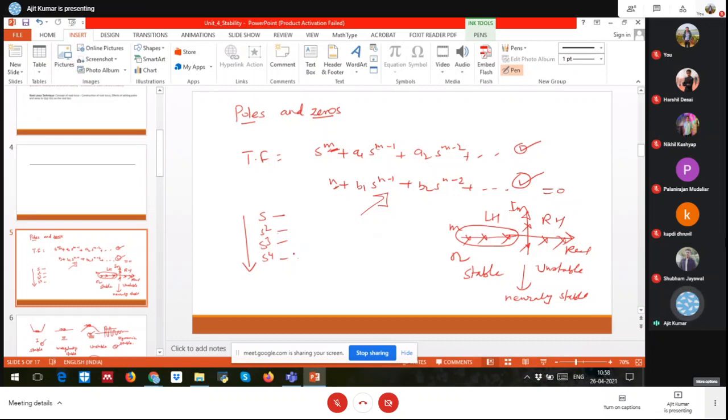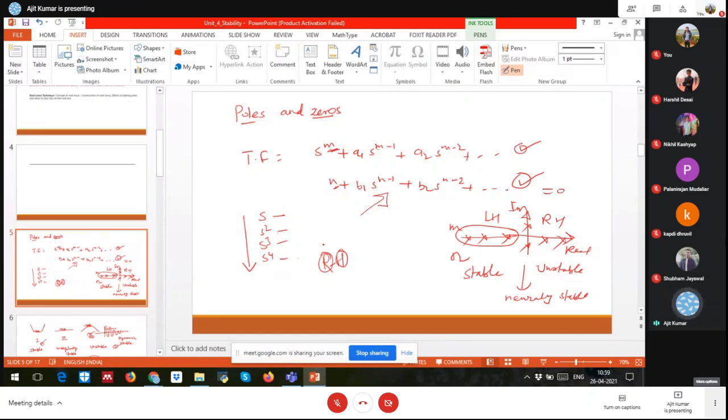So there is a concept of Routh and Hurwitz. They came up with a solution for how to find roots for higher order characteristic equations. For that they devised a tool, which we will learn in the next class. Today I have a meeting at 11, so I'll wind up this class now. In the next class we will learn about the Routh Hurwitz table.